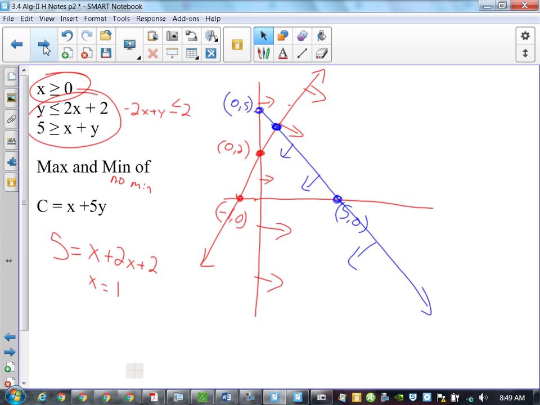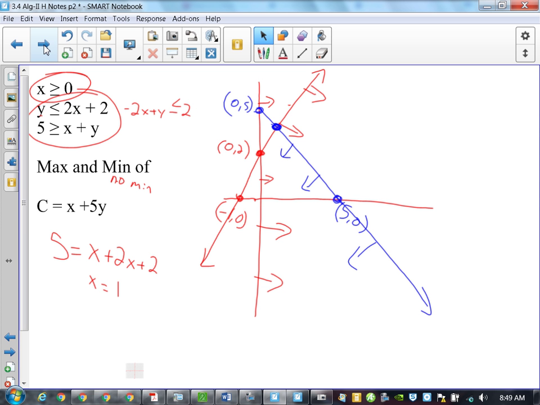Remember this one had no bottom, so it had no minimum. So if there's nothing holding it there, I thought that when you saw the points, one was the maximum and one was the minimum. Not always. Yeah, there were some on here where